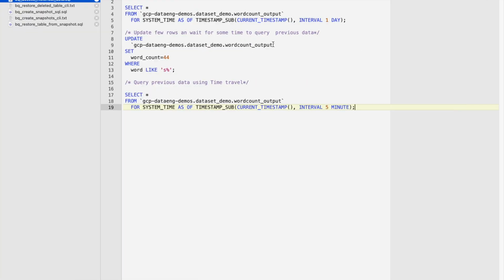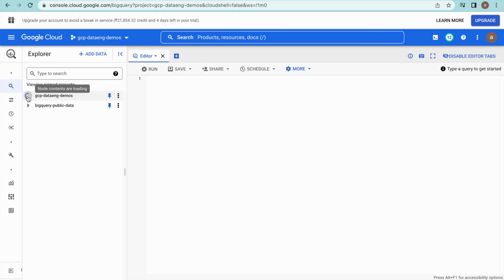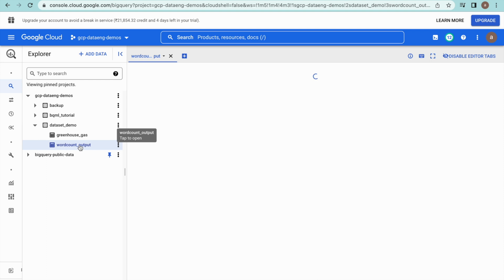So the first thing we will use is the time travel feature to query data from previous versions of the table. If we examine, I have this dataset and table. There are two tables available as part of this dataset. If you just click on this table